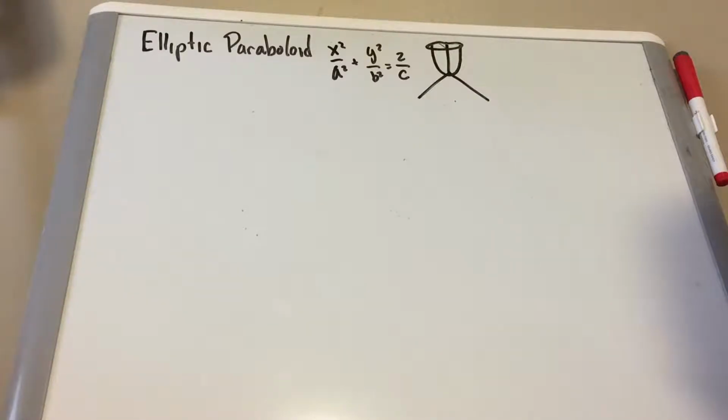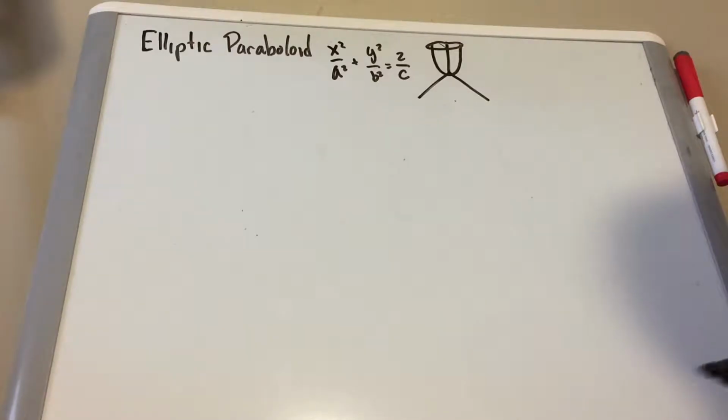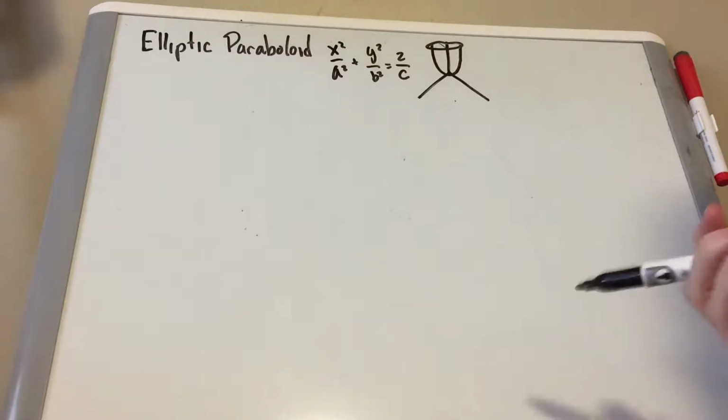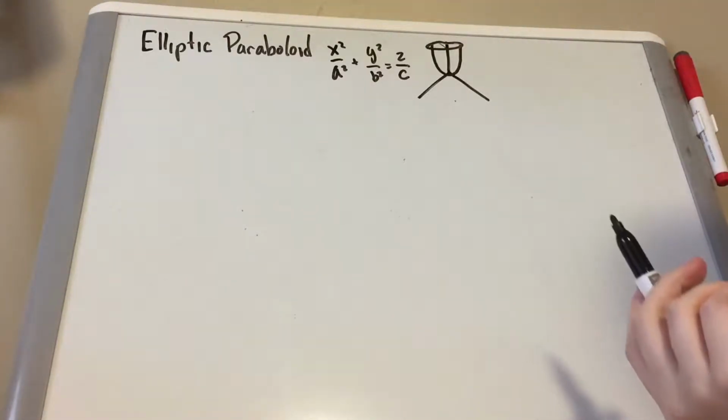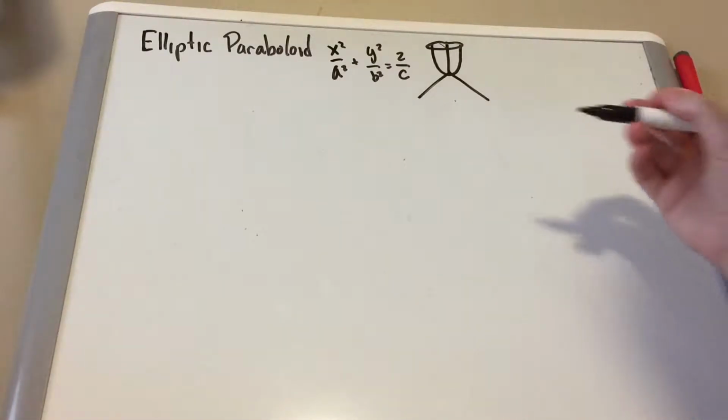Breaking down the parts of an elliptic paraboloid allows us to understand how its components work to make the traces. So considering z as a constant and just looking at the x and y variables, we can see that it's essentially the equation of an ellipse. And therefore, we can understand how the horizontal traces, the ones in the xy planes, are ellipses. So considering x or y a constant